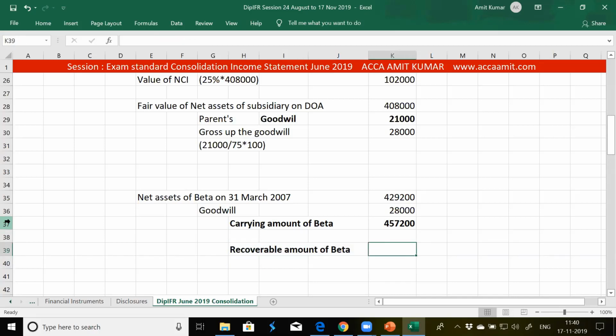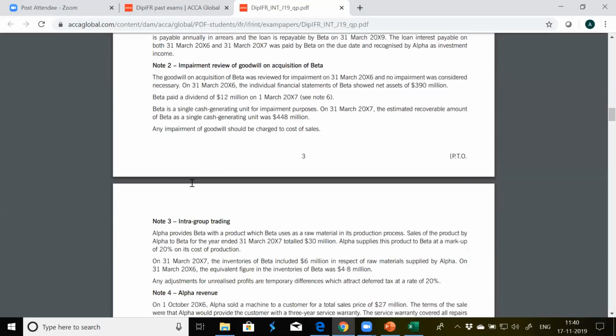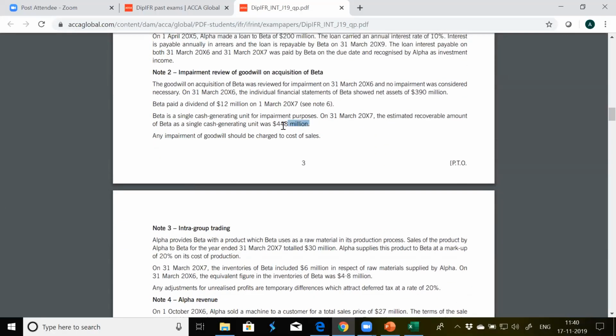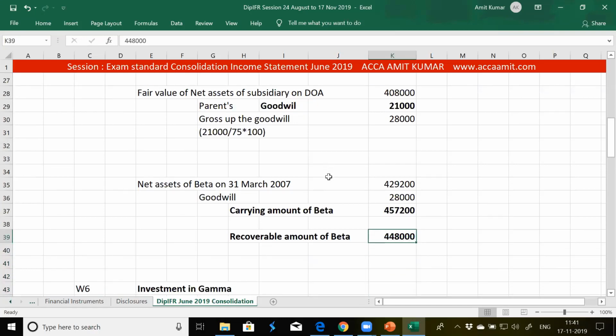Now this process is known as testing of impairment. The recoverable amount is given to us as 448,000. Carrying amount is higher than the recoverable amount of beta, so there is an impairment loss of